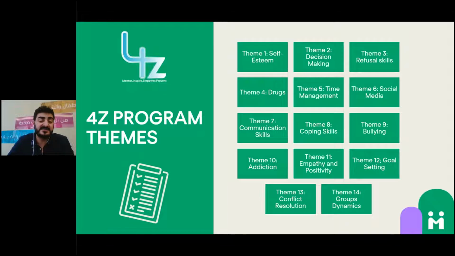The program consists of 14 sessions: self-esteem, decision-making, refusal skills, drugs awareness, time management, social media awareness, communication skills, coping skills, bullying, addiction, empathy and positivity, goal setting, conflict resolution, and group dynamics. How did we select these sessions? These sessions were selected based on the need coming from the field, and